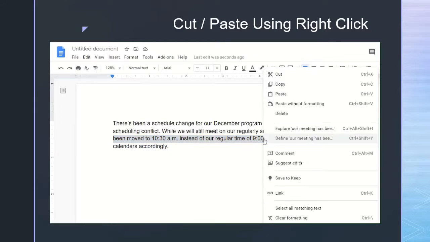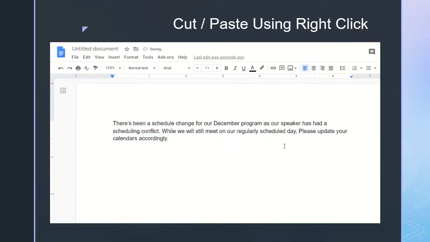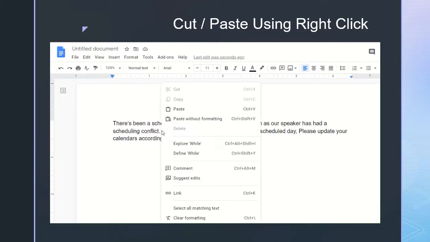This brings up a shortcut menu so I can cut. Again, it's a little scary because that cut text goes to the clipboard until we decide where it's going to go. But we can click just in front of the "while," and then again we'll do a right click right there